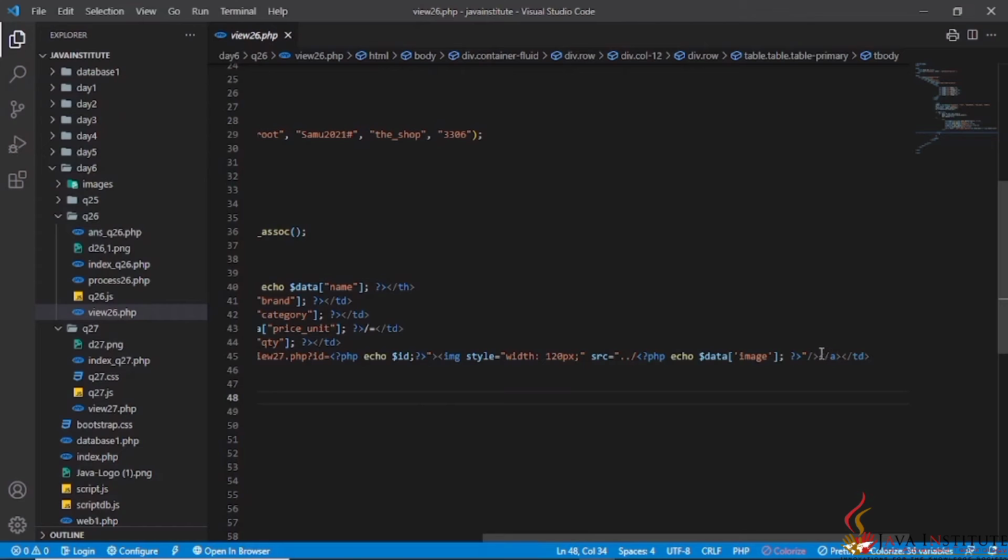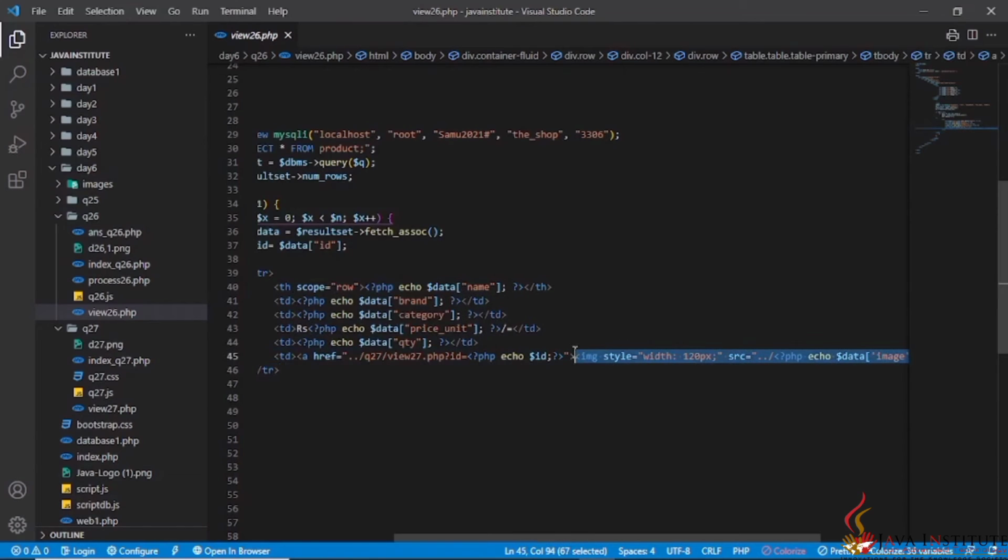That image tag is included within this anchor tag, and for that anchor tag I have given the path. By clicking that image, I can go to the view27.php file carrying this product ID.